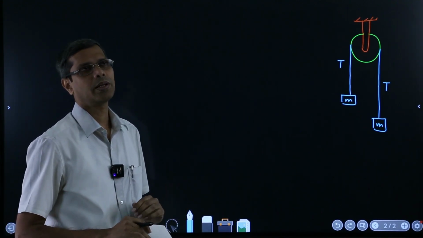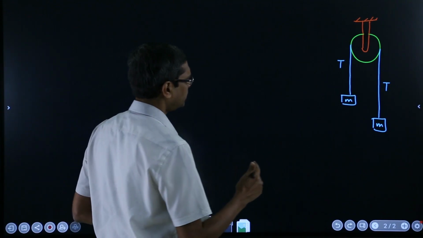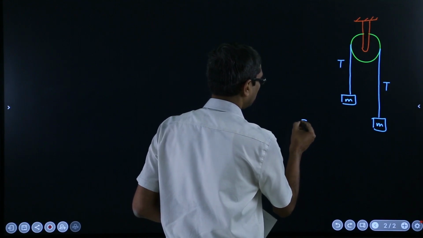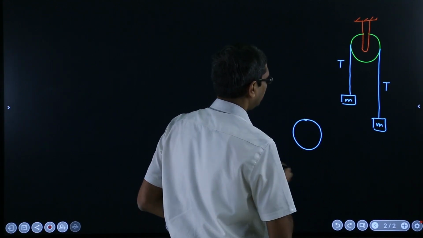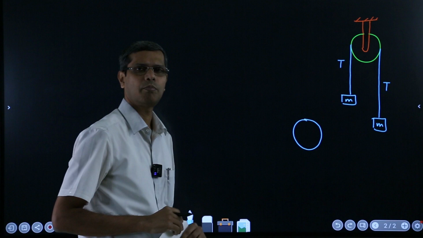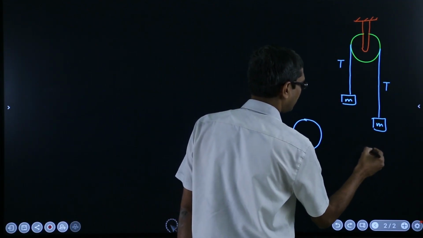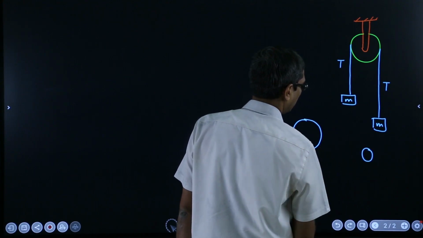These are the applications of power transmission. For example, suppose you are producing some power, and then you are transferring that power to some other